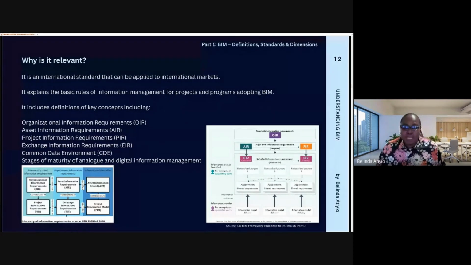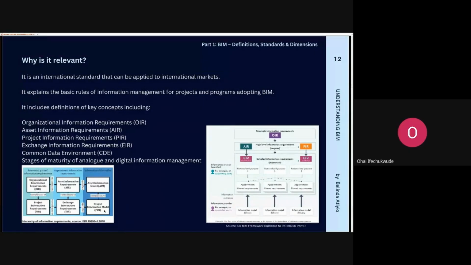So this is a very important document, the EIR. Now, from the exchange information requirement, other documents come up, which we'll go through. Then, of course, from the asset information, you can have the asset model, which is the AIM, and then the project information model, which is the